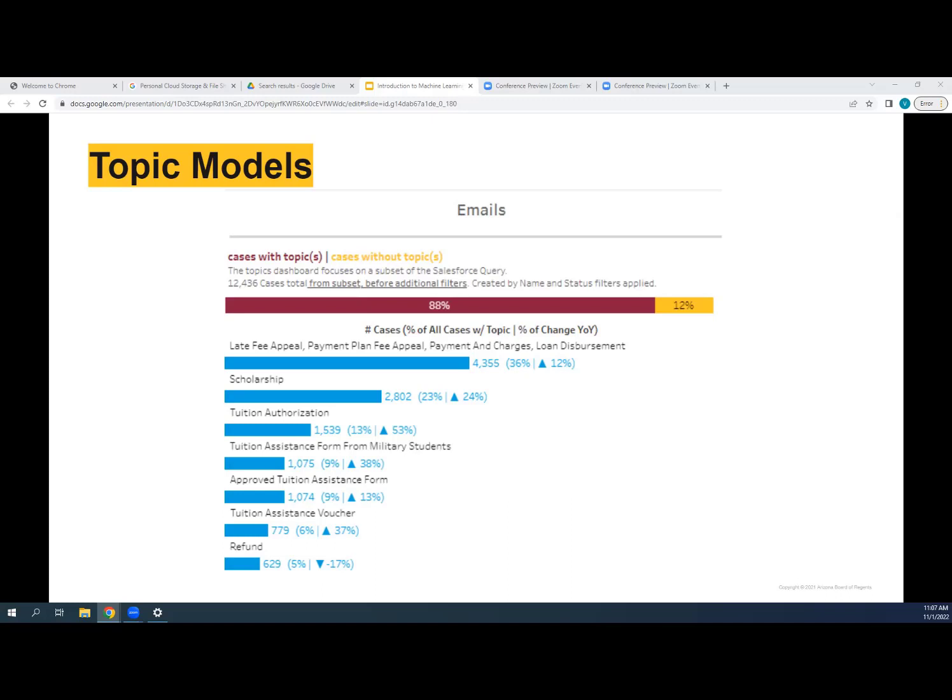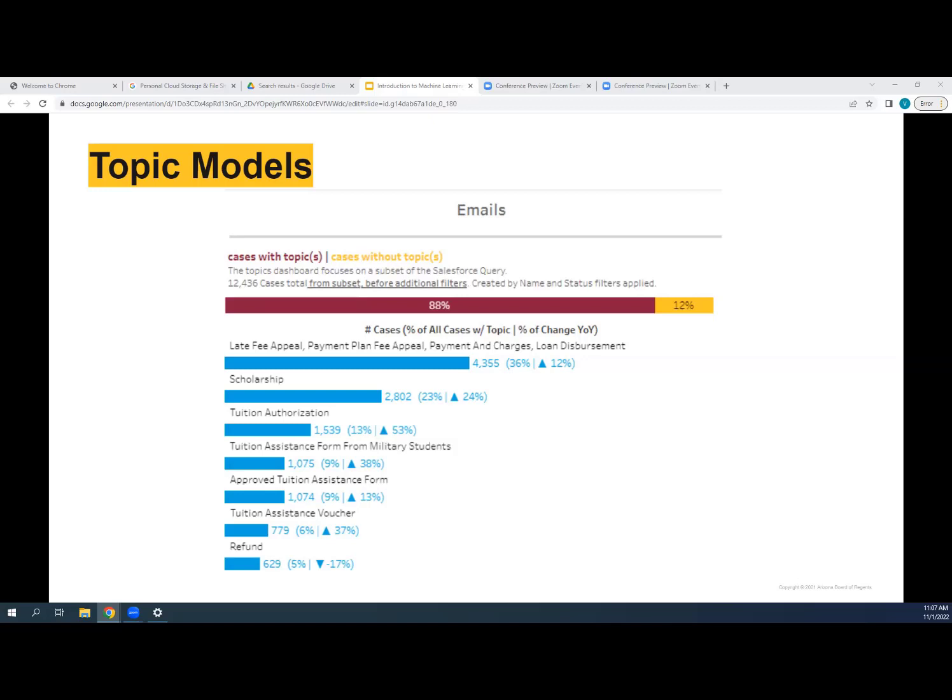So as you can see in this example, we looked at topics for student inquiries and emails, and we noticed that the main topic for emails was late fee appeals, which are sent to student business services very frequently as